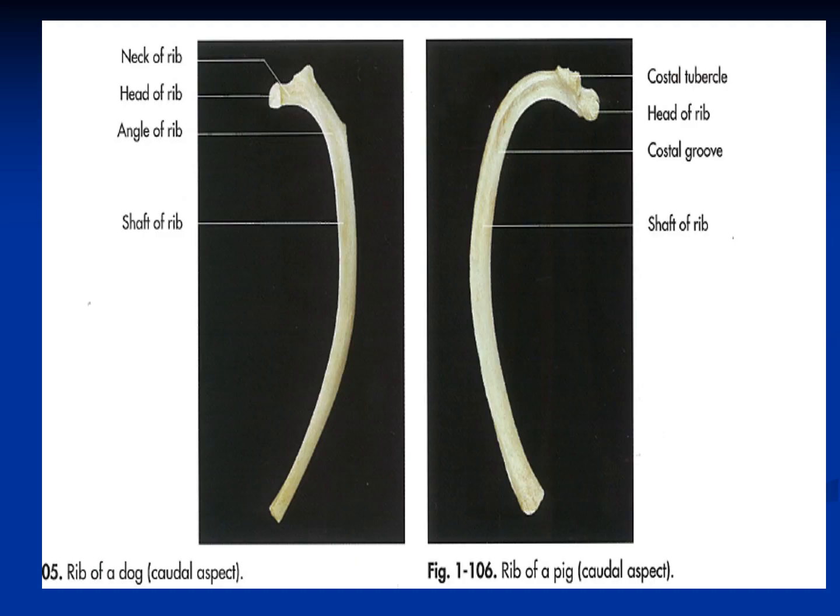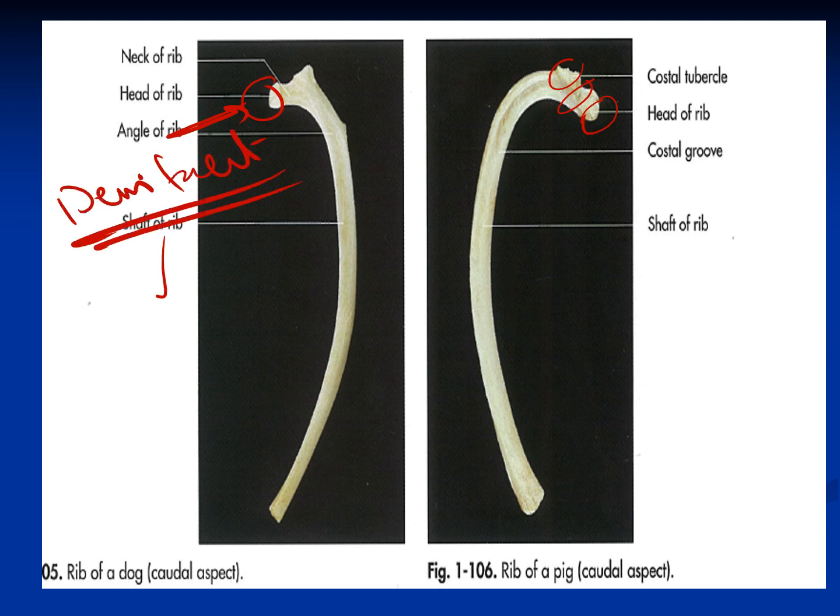So again, this is the area of the head. Then we have the neck and we have the tubercle. Usually the head is going to articulate with the demi-facet, which is formed by the caudal and cranial costal fovea, whereas the tubercle is going to articulate with the transverse costal